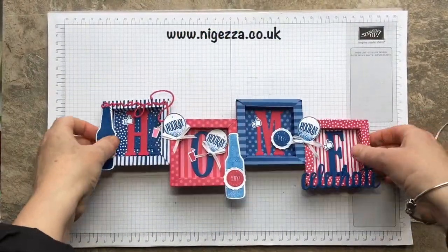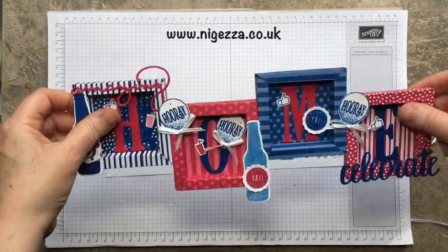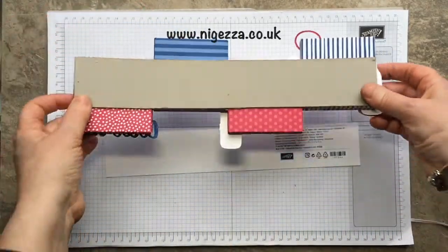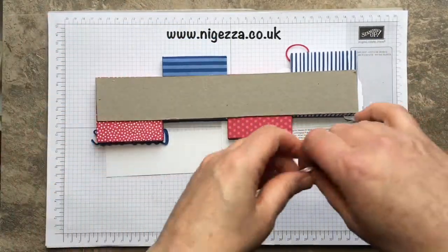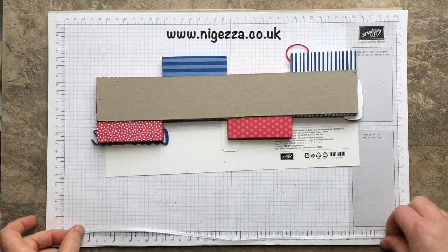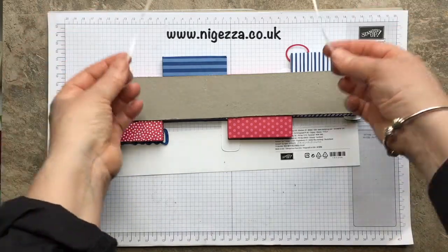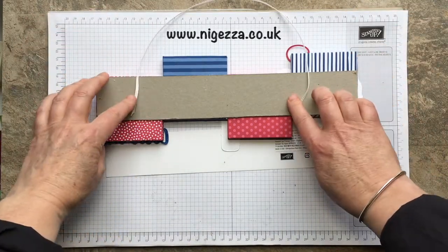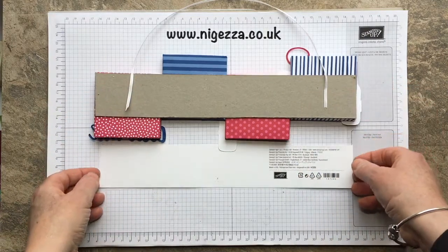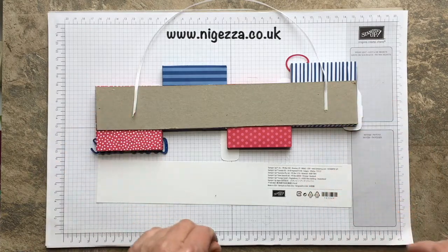Okay, so that's dried, and I've trimmed it down there. So all that remains is to cover the back a bit, and I'm going to attach some ribbon so it can get hung up. So I just did the length of it, which is 40 centimeters, 16 inches. So I just cut a bit that's 16 inches, and I'm just going to stick it down on the back here and then sandwich it between